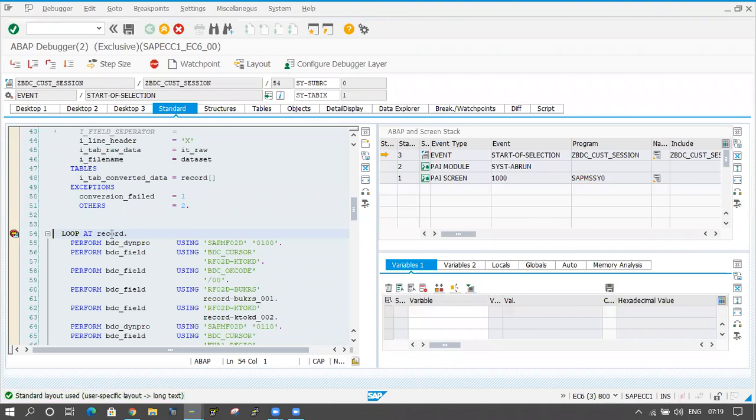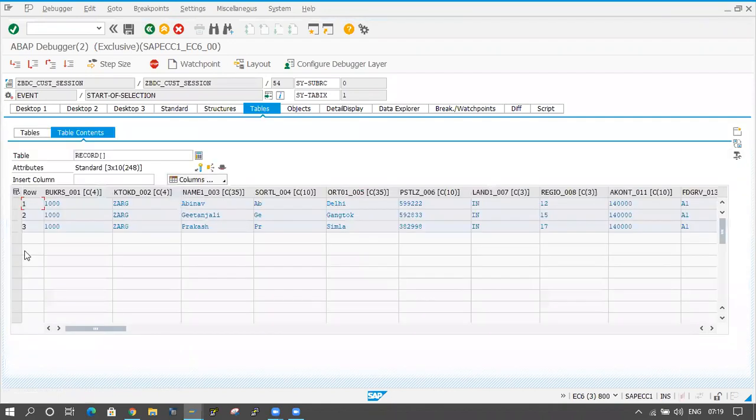Double click on record. If three records are coming, fine. Just check the data, whether the data is correct or not.